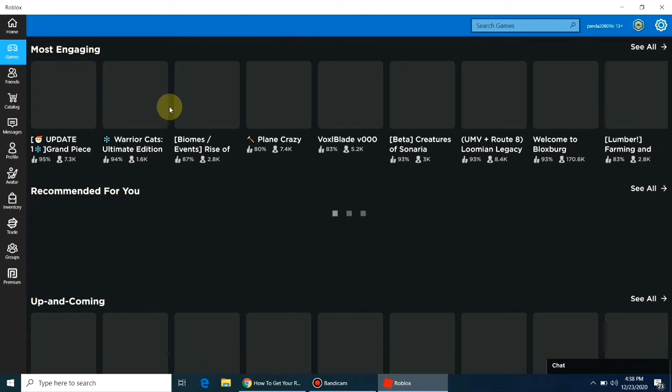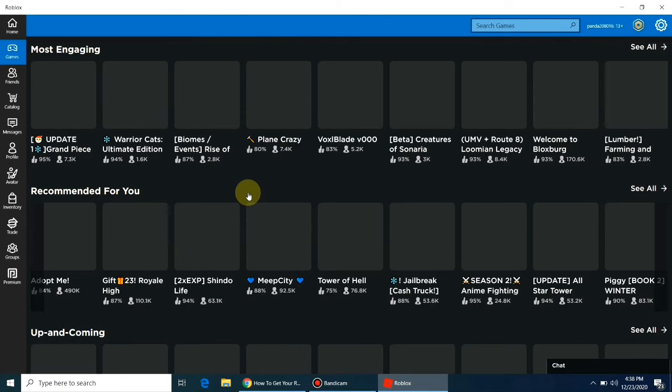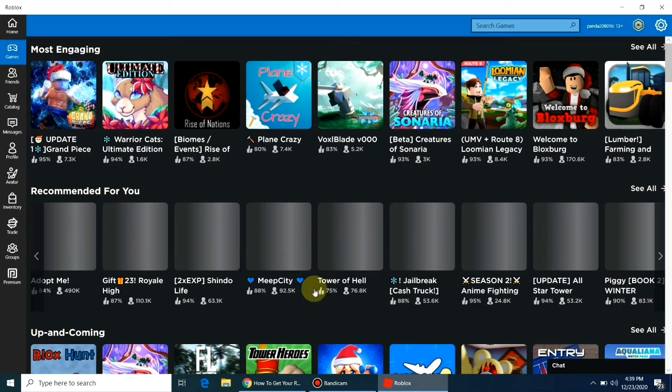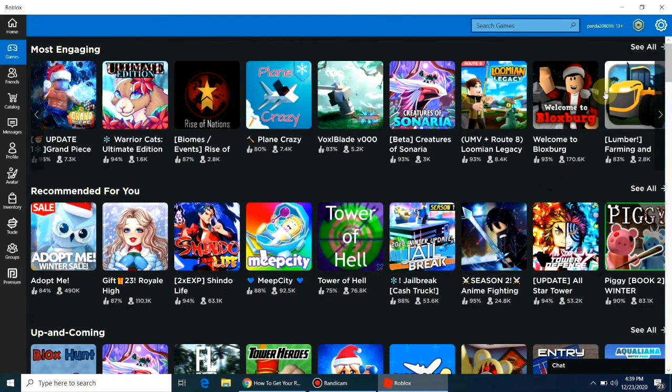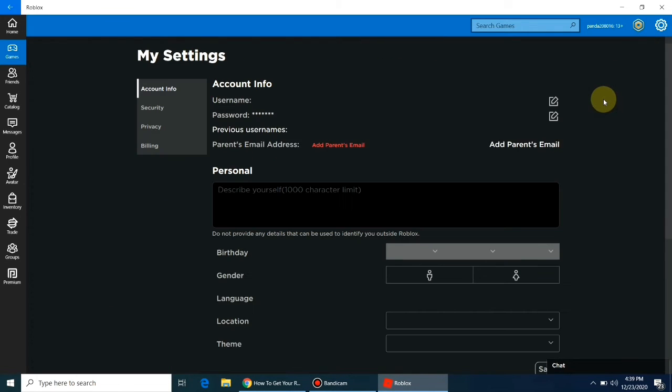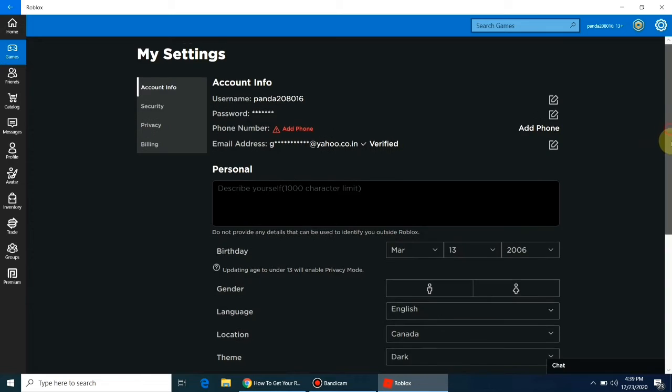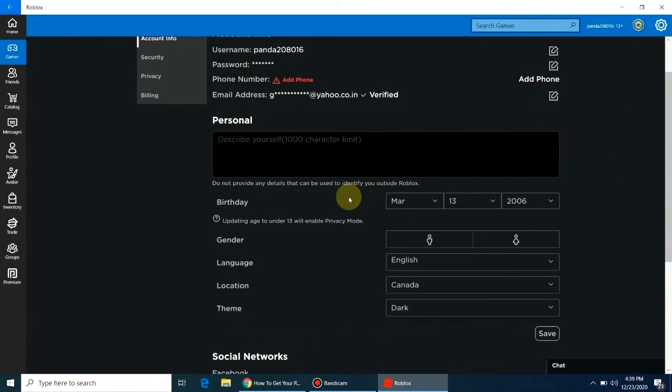Just click on some other tab and do a little bit of browsing in Roblox. And then go to the settings option again to check the date of birth. Now, we can see that the new date of birth of the Roblox player is reflected, or his date of birth has